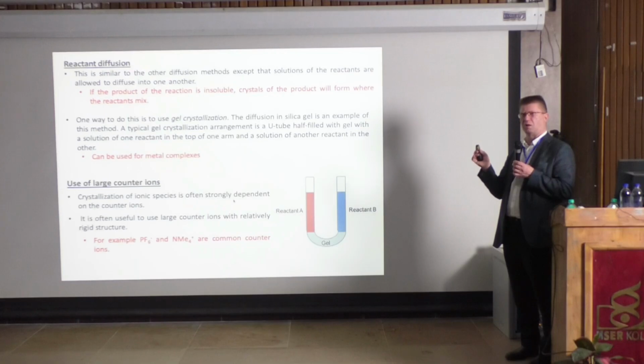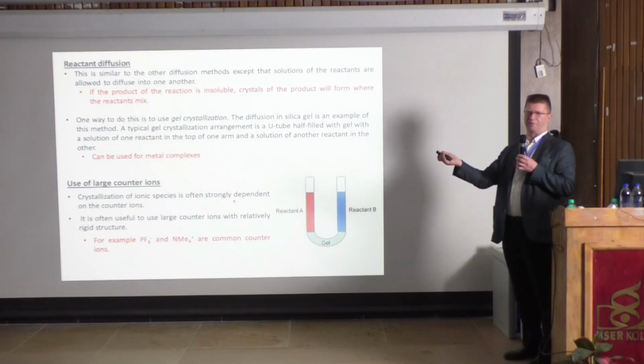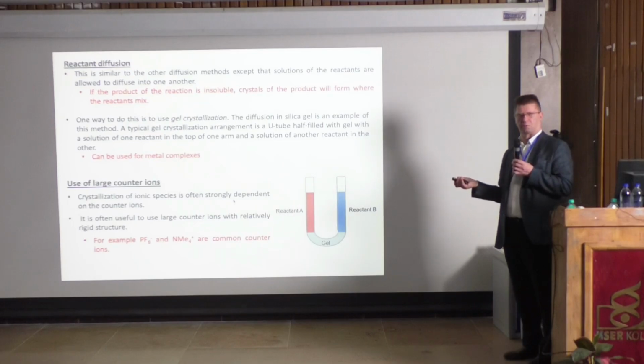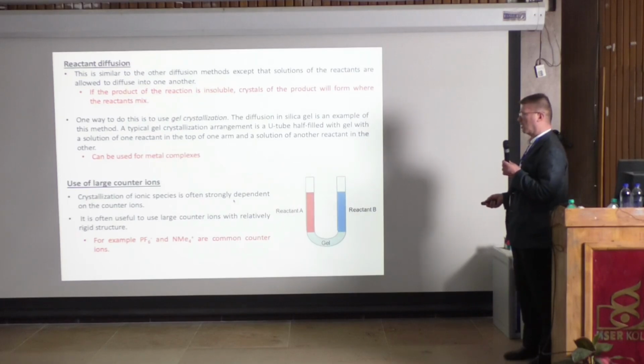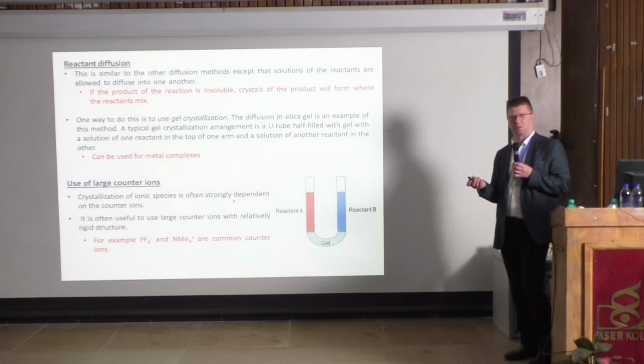The anion can be the key to whether it crystallizes or doesn't crystallize. So you have to think very carefully about which kind of anion you are using if you want to get a single crystal from a charged system, so salts. And the same applies in reverse. If your system is anionic, like